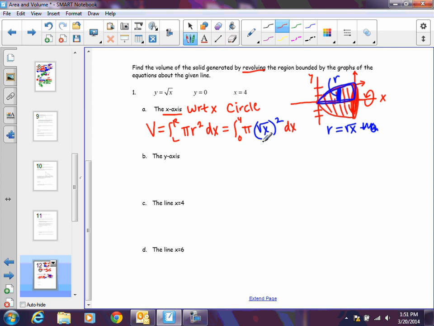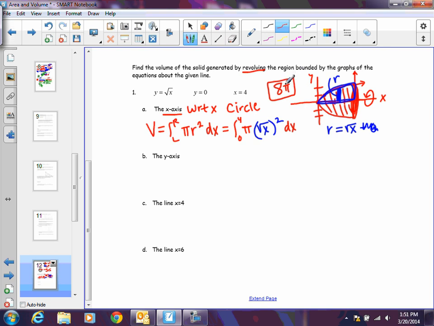Yeah. And then plug in your numbers? Of course you could. All right, so we're just not really going to spend too much time on this. But the answer here is 8 pi. We've spent a lot of time in class typing this in. I will tell you on your test,